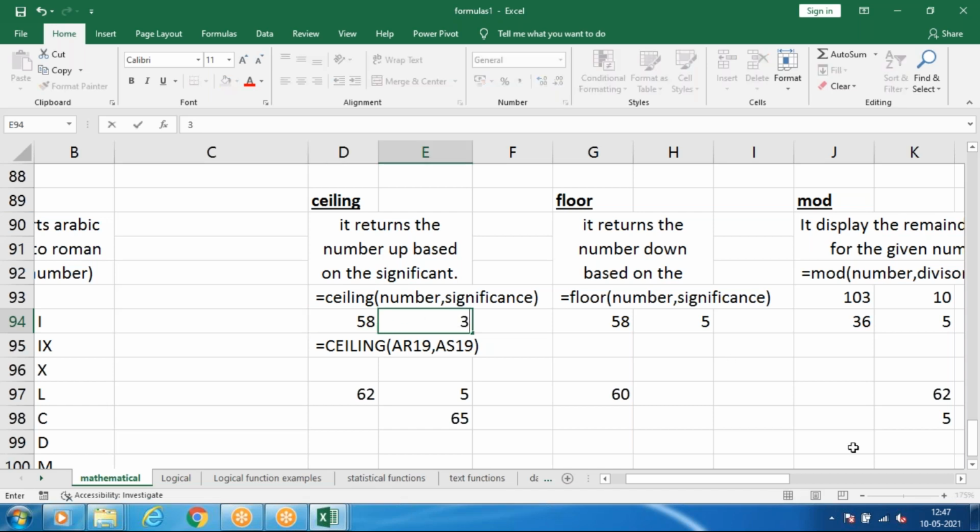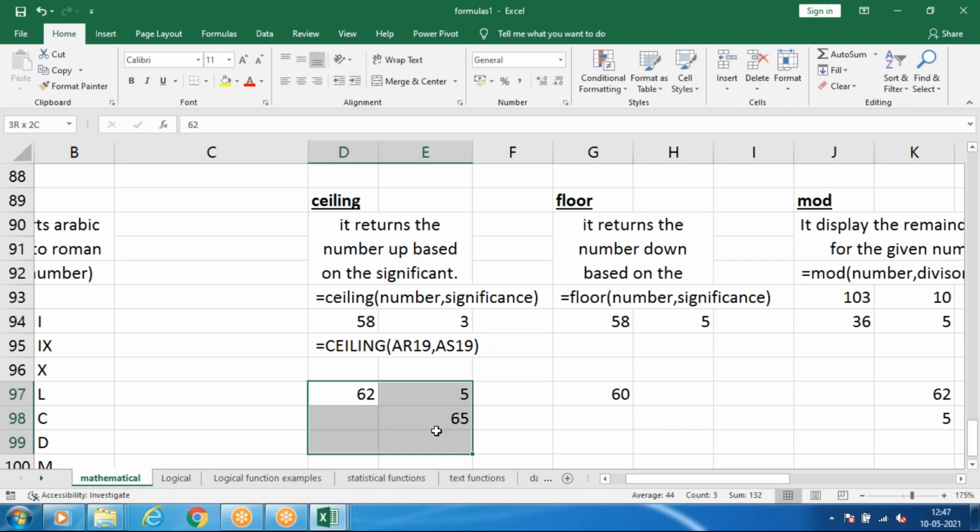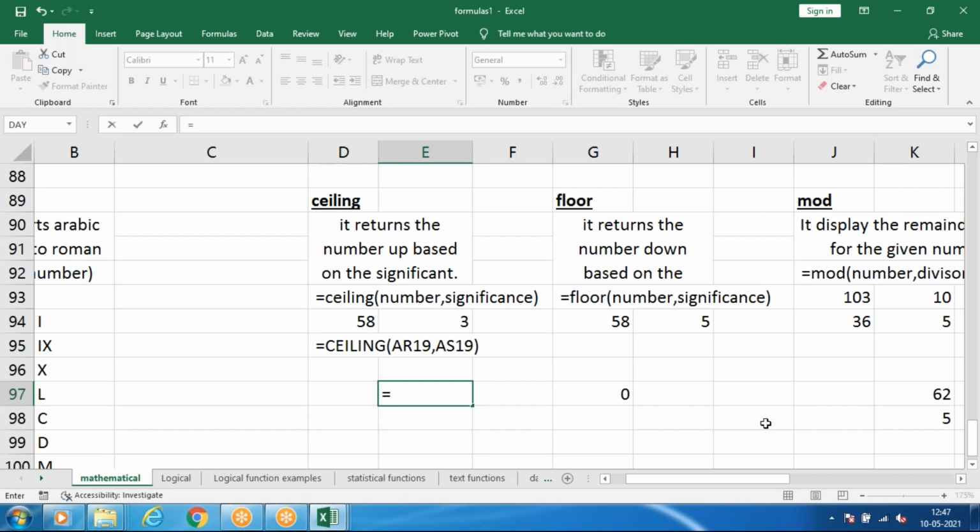Each table can contain only 3 chairs. Put equals ceiling.